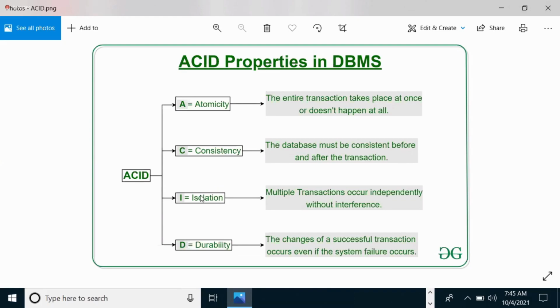The next one is called isolation. Isolation is nothing but multiple transactions occurring independently without interference. That means whenever you want to do multiple transactions, every transaction is independent. One transaction will never interfere with another transaction. For example, suppose